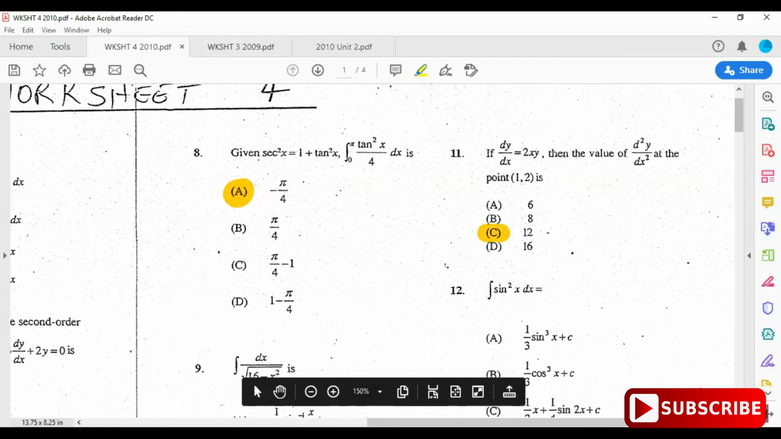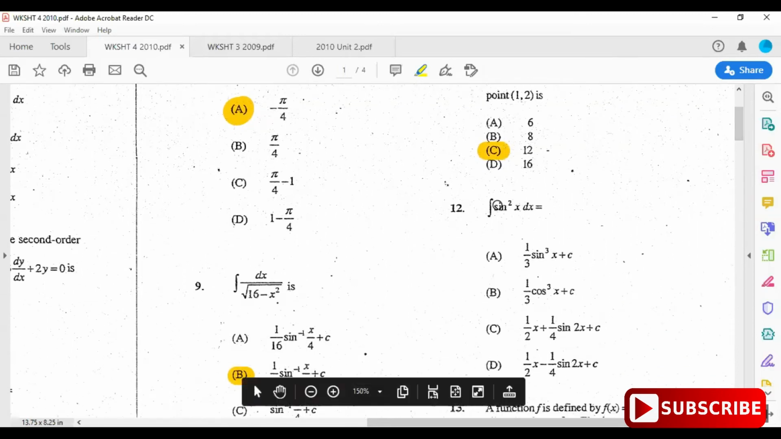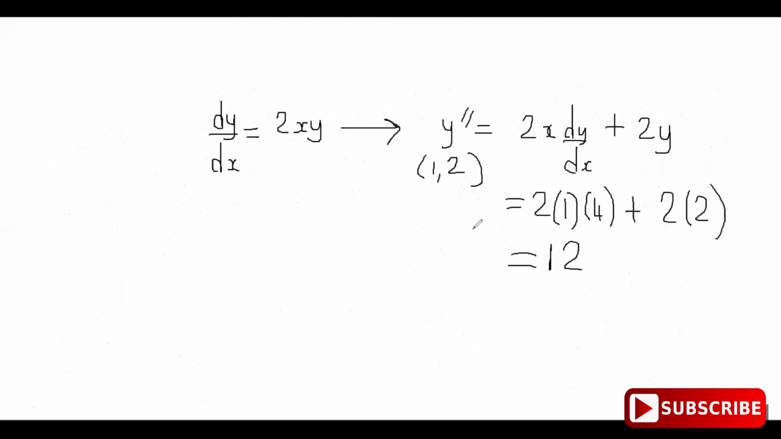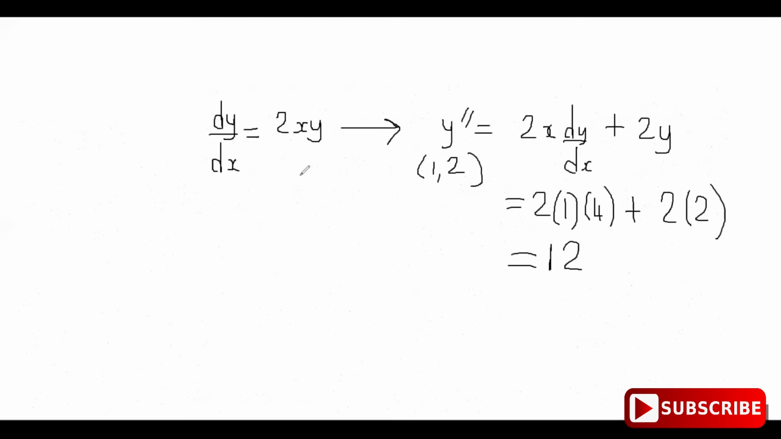How do we integrate sine square? How do you integrate sine square? This is an easy question. All right, so to integrate sine square,